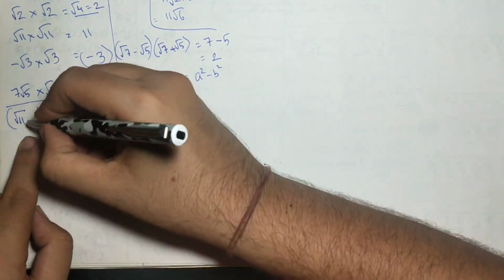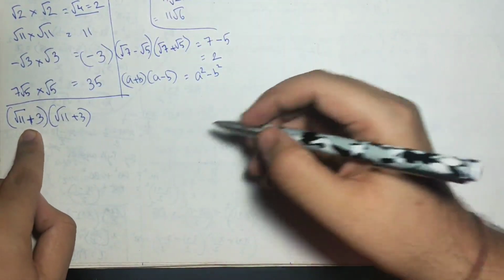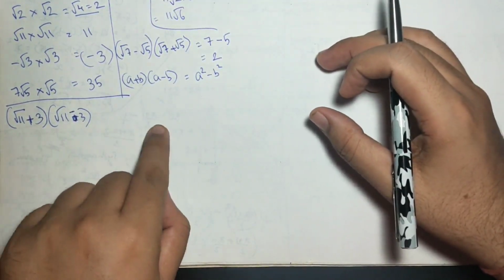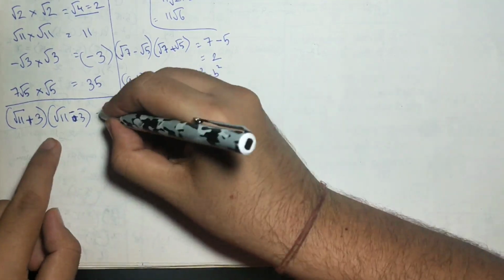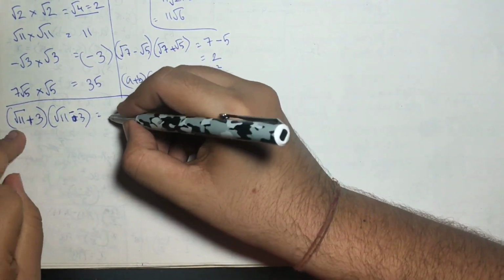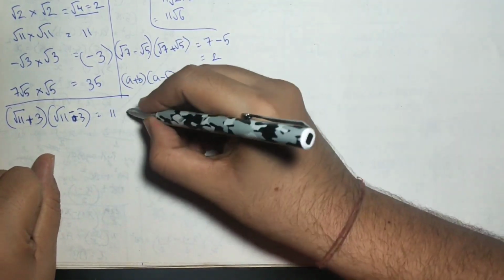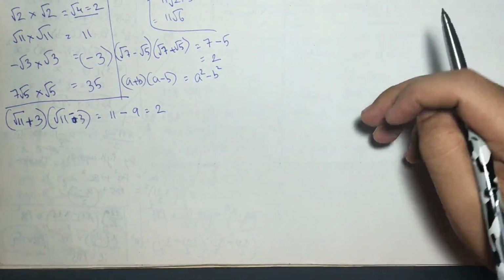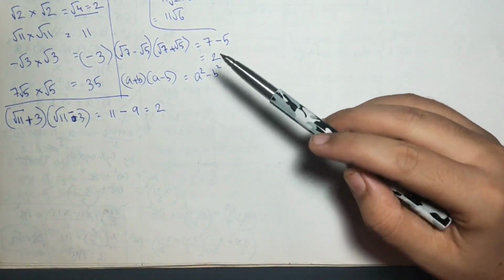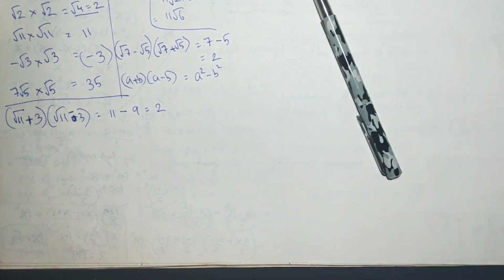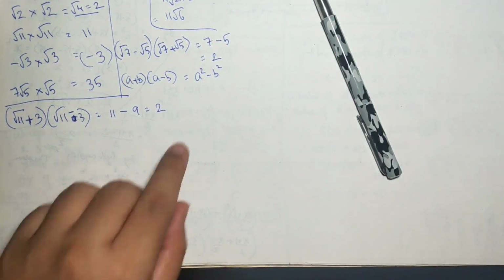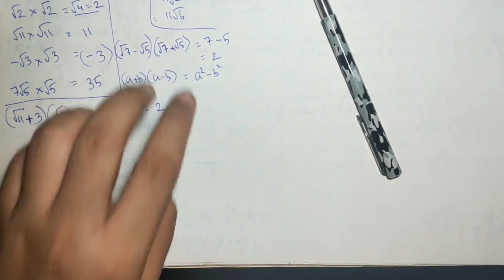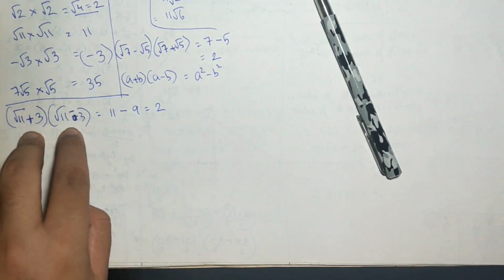So I am changing the question. I am taking root 11 plus 3 over here and minus over here, just to clear the doubts of some students that the answer will always be in subtraction form. So first a square. What is a square? That is root 11 square, that is 11. Then compulsory minus. What is 3 square? 3 square is 9. Again my answer is 2. So hope you understood how to rationalize a number. This is known as rationalizing factor. So root 7 minus root 5 and root 7 plus root 5 are rationalizing factors of each other. Similarly, these two are rationalizing factors of each other.